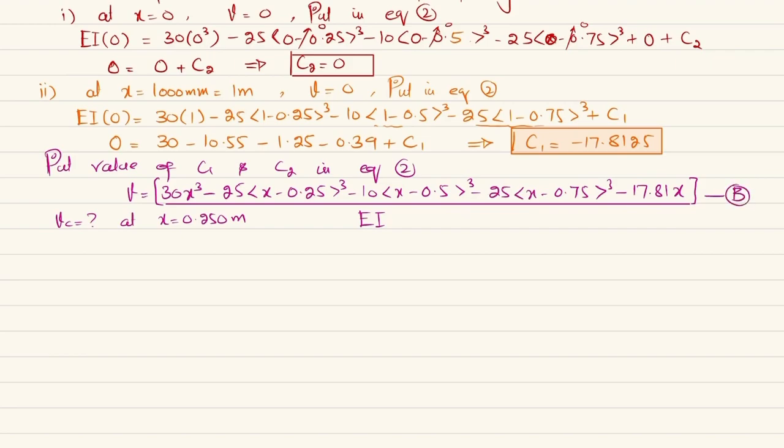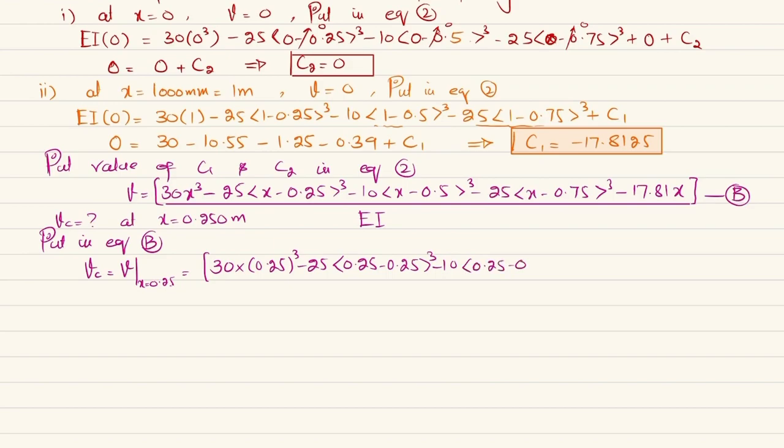Let this be equation B. Put it in equation B. So you will get VC, the deflection at X is equal to 0.25, equal to 30 multiplied by 0.25 cube minus 25 into 0.25 minus 0.25 whole cube minus 10 into 0.25 minus 0.5 whole cube minus 25 into x minus 0.75, where X will be replaced with 0.25, minus 0.75 whole cube, minus 17.81 into 0.25, divided by